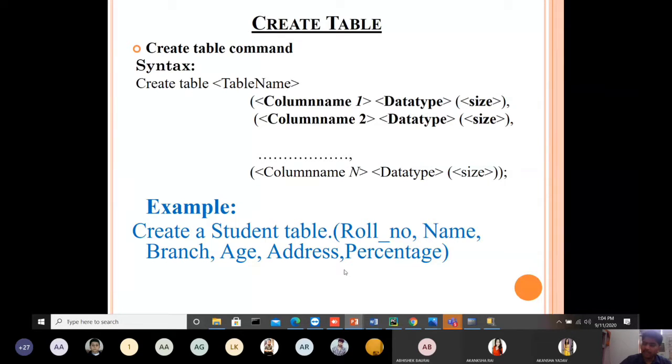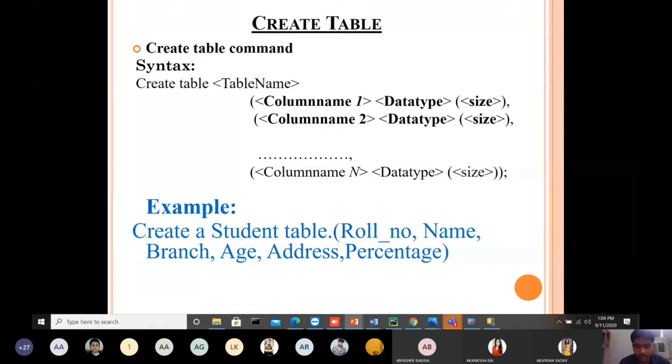So whenever we want to create any table, we have to check what kind of attributes that table contains, what data types we can associate to those attributes, and what the size will be.